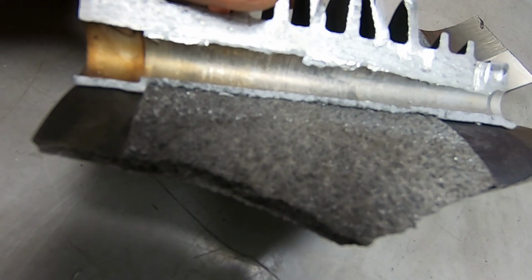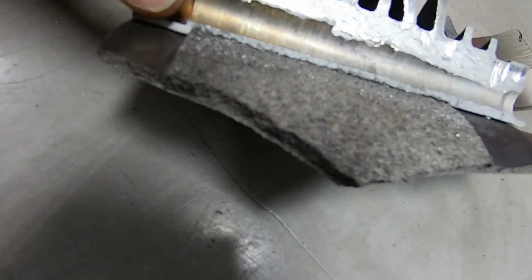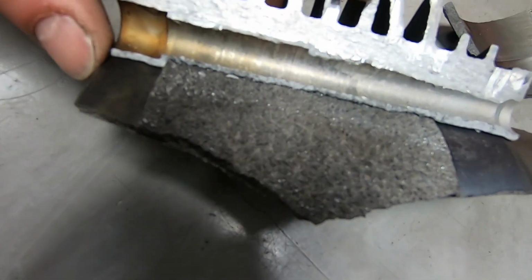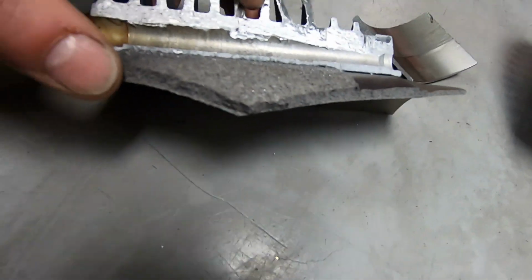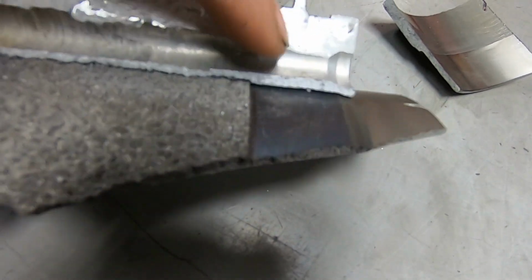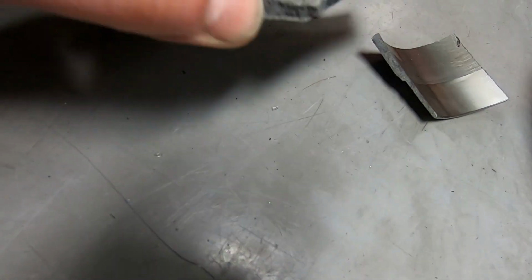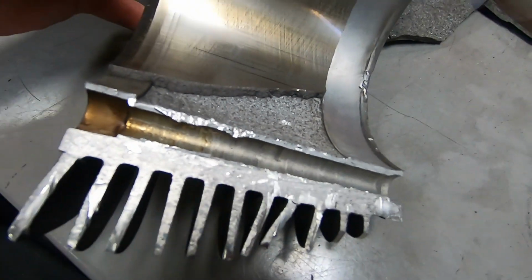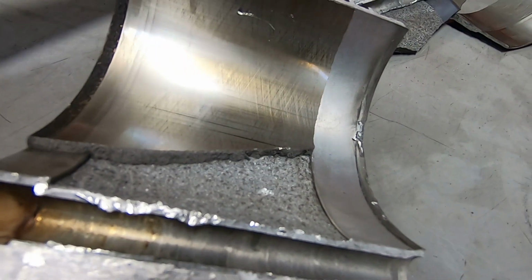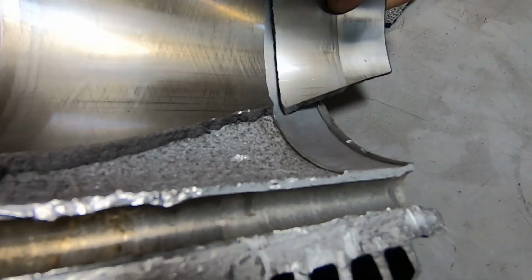I wonder why that is. It's too bad it's not like that almost all the way up to the very top, or actually all the way up to the top. I wonder what the deal with that is. I wonder if it's the way that it has to go in the casting to hold, or for the aluminum to be poured in, or something. Let's take a look more over here. Down here you can see where the spigot, that's definitely the wrong piece, where the spigot here,